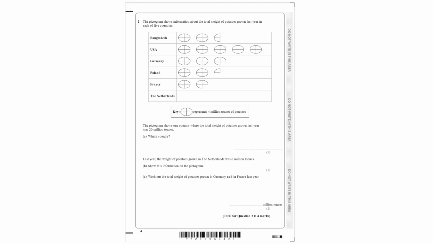The pictogram shows information about the total weight of potatoes grown last year in each of 5 countries, the key being one circle is equivalent to 4 million tons of potatoes. The pictogram shows one country where the total weight of potatoes grown last year was 20 million. Which country? So we can simply divide 20 million by the key. So that's 20 divided by 4 is equal to 5. So we're supposed to look for a country which has 5 circles, which is 1, 2, 3, 4, 5,